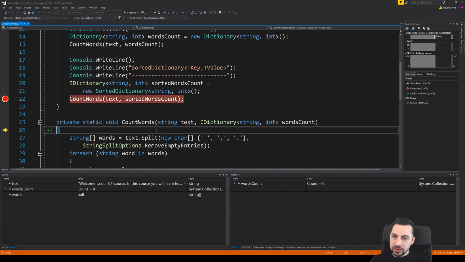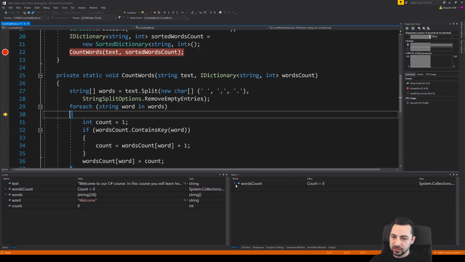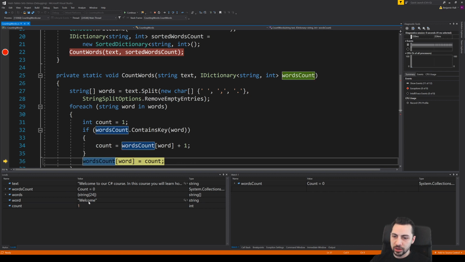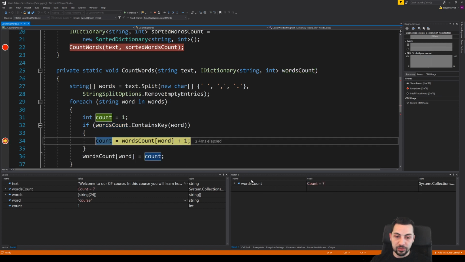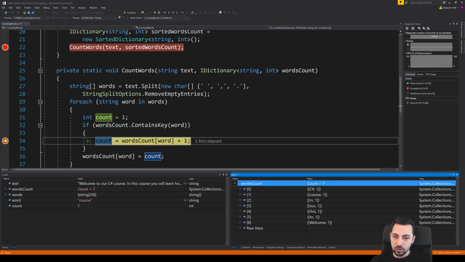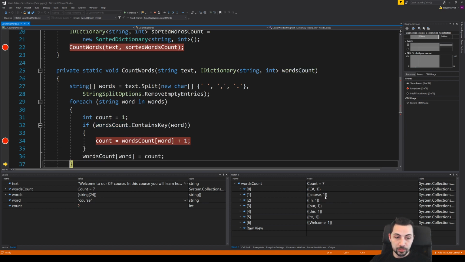All right, so here we go. Let's go inside of count words now. So overall, we're going to see fairly similar behavior. It's going to get the first word. It's going to set the count equal to 1, go along. Every once in a while, it will find another word. In this case, the word is course. So course gets updated to 2. But already we can see that there's a bit of a difference. Look at the ordering that it's presenting things to us in. It's no longer based on the order in which they arrived. The order is now alphabetical.